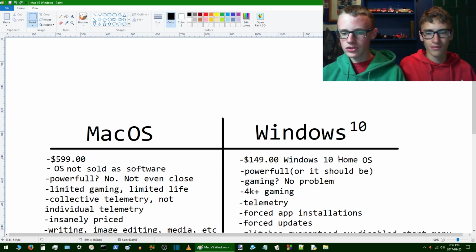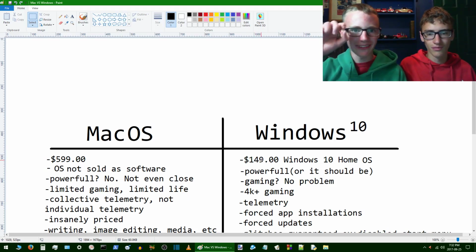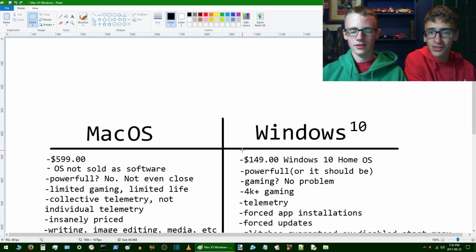To buy a Windows 10 operating system as of this recording is $150. I mean, why not just go with $150, but Windows decided to go with $149, which makes it look like it's a little bit less. But with Mac OS, you can get in, I guess, for only $600. The basic cost, the basic amount of money that you're going to be putting into a Windows machine.